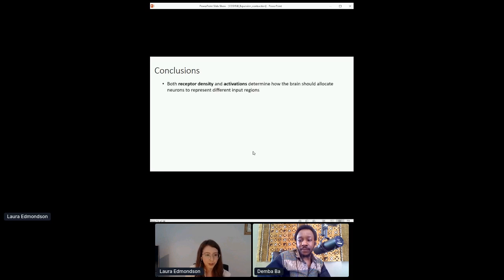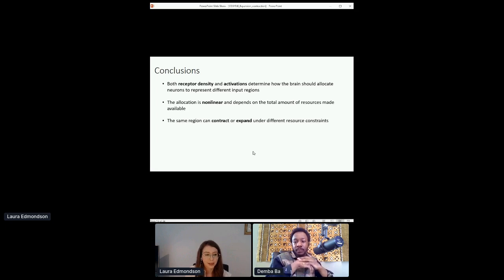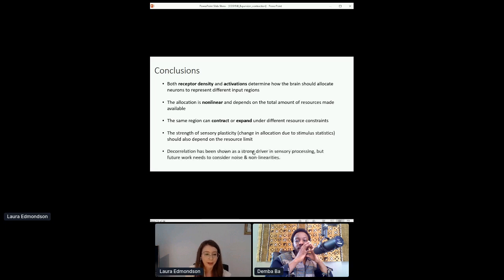So in conclusion, both the receptor densities and the activations determine how the brain should allocate neurons to represent the different input regions. The allocation is non-linear, and this depends on the total amount of resources that are available. The same region can contract or expand depending on different resource constraints. And the strength of the sensory plasticity can also depend on the resource limit. So if we have a narrow bottleneck, we might see higher plasticity than a wide bottleneck. And finally,